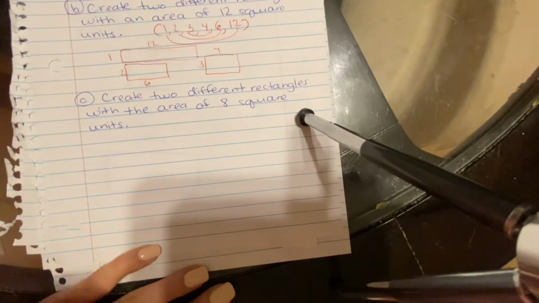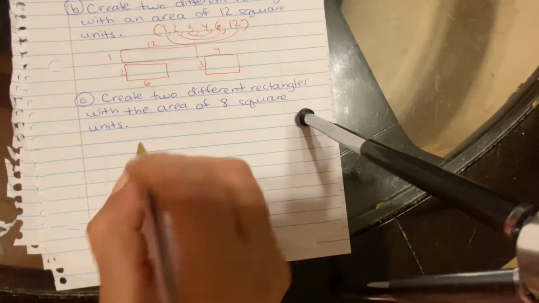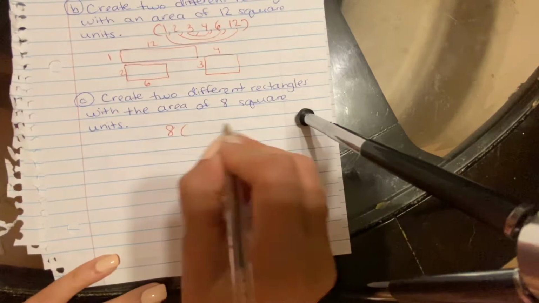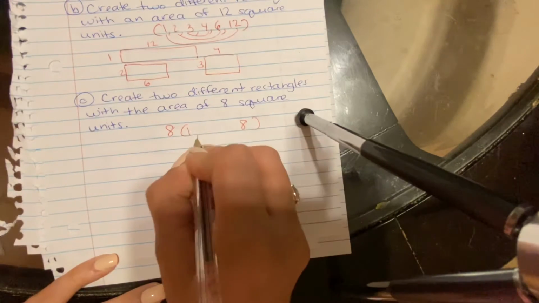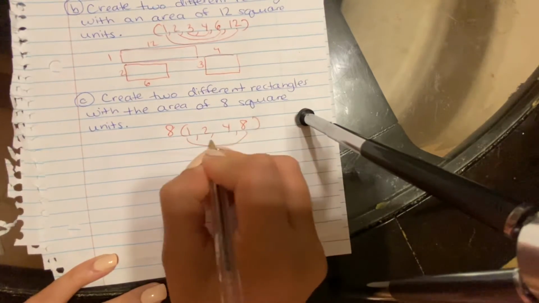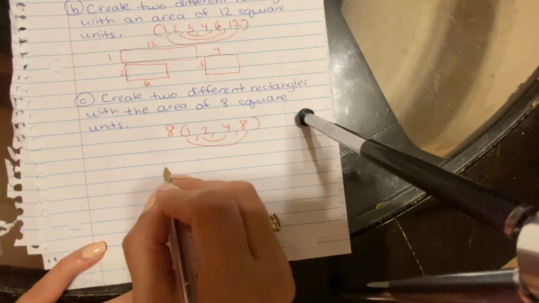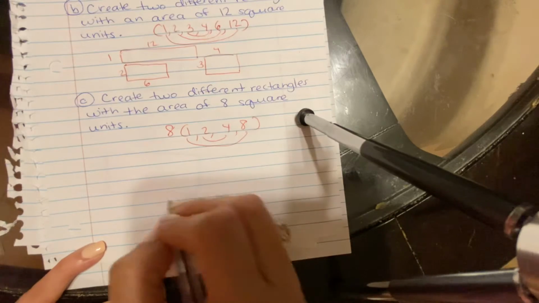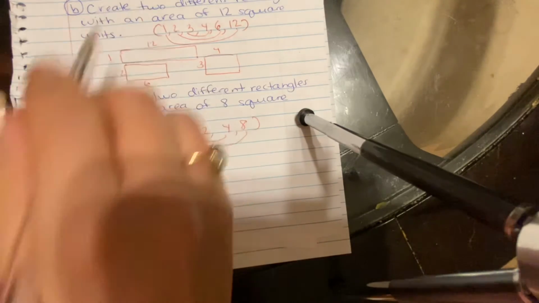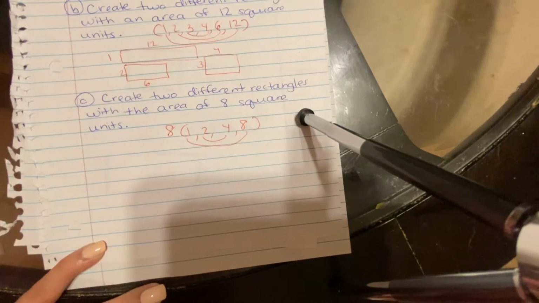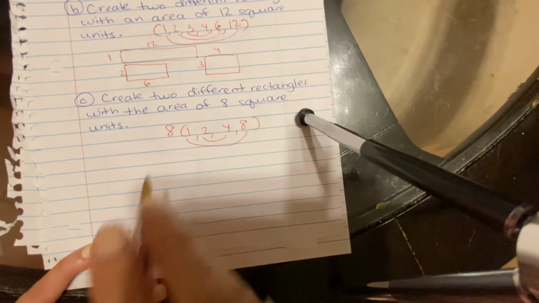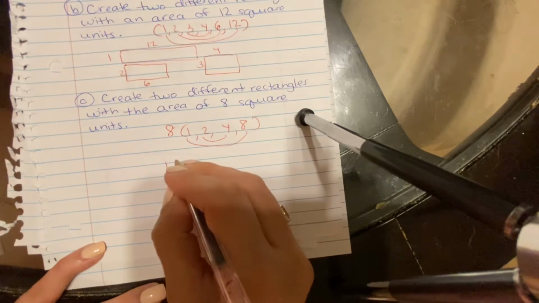Create 2 different rectangles with the area of 8 square units. So the factors of 8, 1 and 8, 2 and 4. So you could have done literally only 2 different rectangles, but you could have done them vertically or horizontally. I'm going to do, since I did the other 2 problems horizontally, I'm going to do these vertically. So 1 and 8